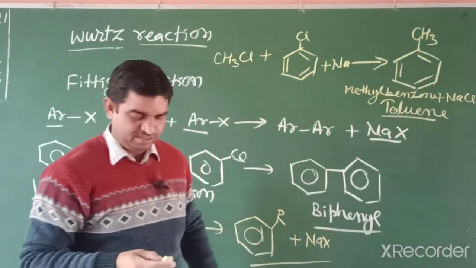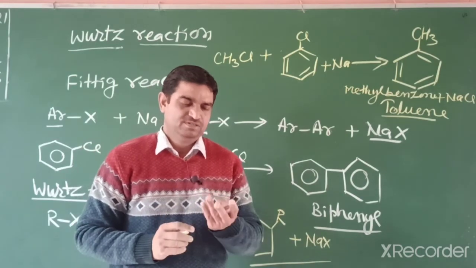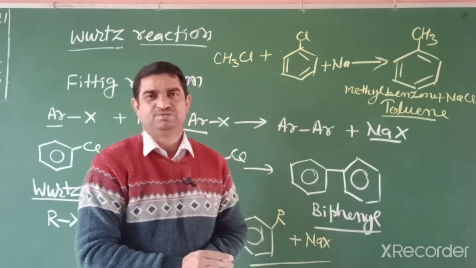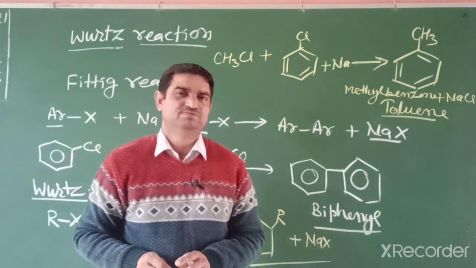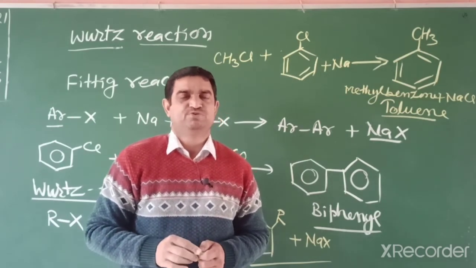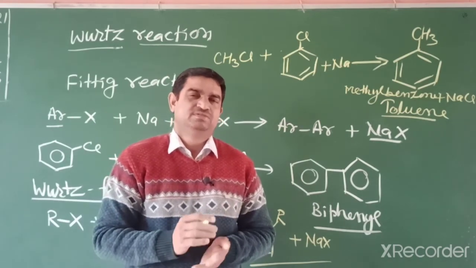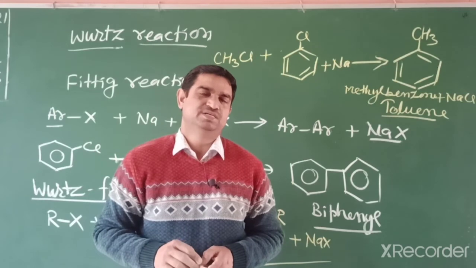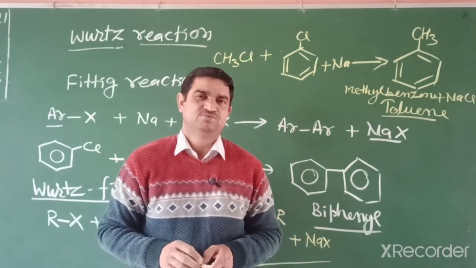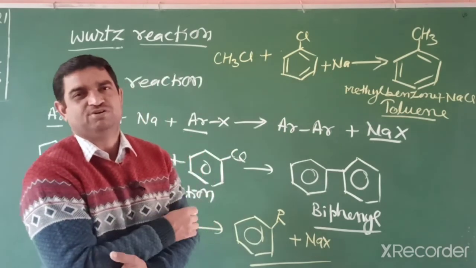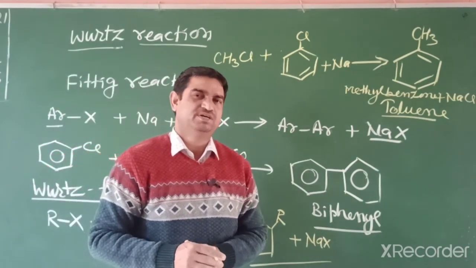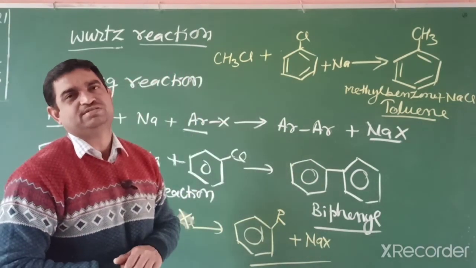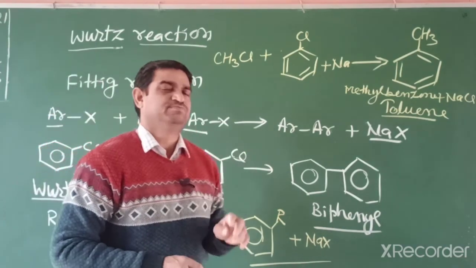So students, in this way the reactions of alkyl halide with metals we can divide in two types, one is magnesium and the other one sodium. When alkyl halide reacts with magnesium, we get the Grignard reagent, a very important, highly reactive compound that absorbs moisture, and we get the corresponding hydrocarbon. Victor Grignard received the Nobel Prize in 1912 for this achievement. By Wurtz reaction also we get hydrocarbon, and by Fittig reaction also we get hydrocarbon, meaning in these three reactions we get hydrocarbon.